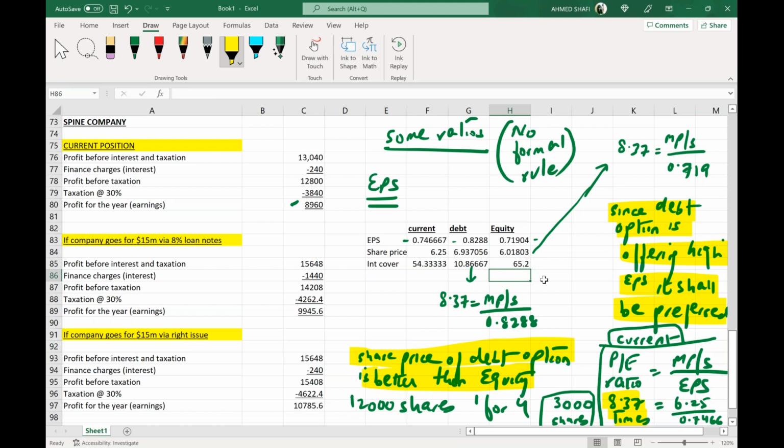Obviously, the higher the interest cover, the better. So as far as interest cover is concerned, the equity option looks good. Now there is a genuine expectation and a very invalid expectation among students that every ratio should give the same conclusion. How is it possible? Even if you calculate NPV, IRR, ROCE and payback of a project, is the project acceptable through all four techniques? Never. Some techniques may say this one is better, some technique may say the other project is better. So EPS and share price are saying debt is better, and interest cover is saying equity is better. This can happen. Maybe you calculate another ratio, it will give another conclusion. So out of these three ratios, the majority are favoring debt. So still our conclusion remains the same, that debt is better.